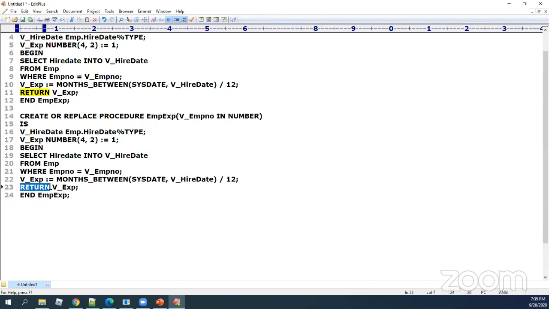In the construct of this, whatever you have with you, I'm just calling the same criteria: dbms_output.put_line.